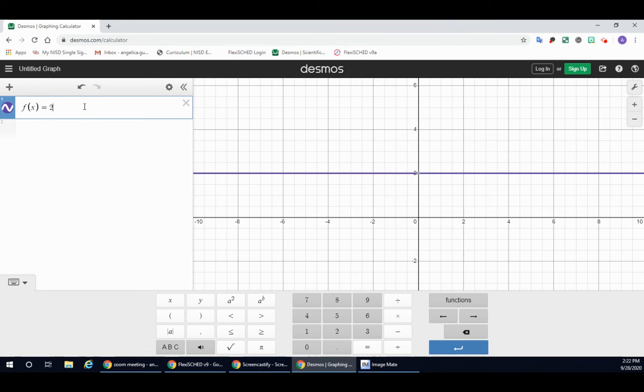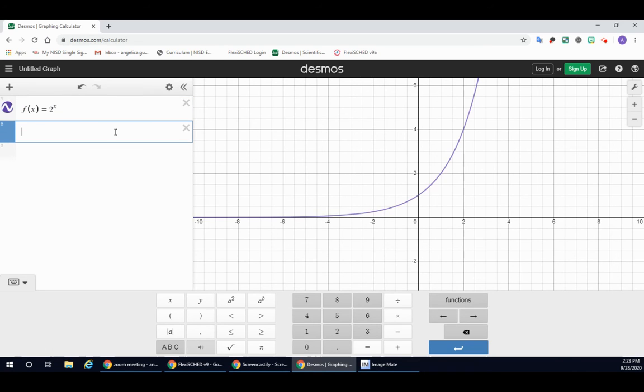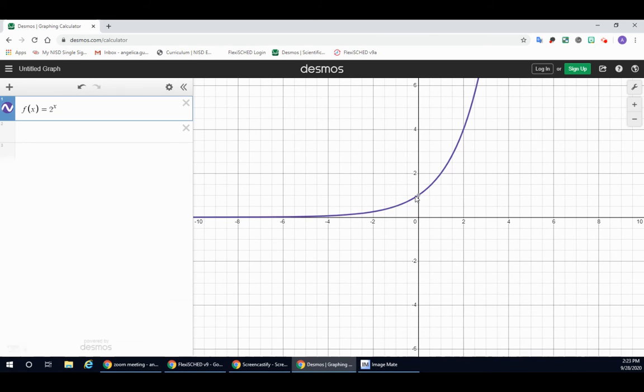So at the bottom where you see your keyboard, you're going to click your keyboard, and in order to put that exponent x, you have to use an exponent button. So x is the exponent, and then you press enter, and there's your graph. So if you notice this graph, and we move along this graph here, you're going to see those y values get really, really close to 0. They're at 0.09,